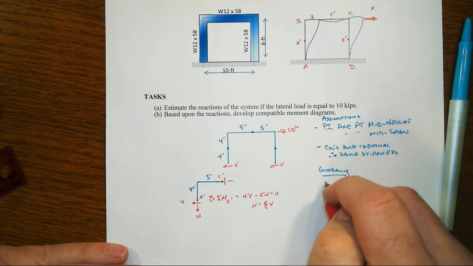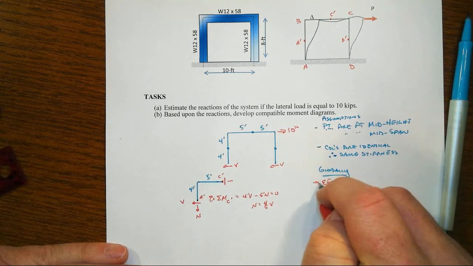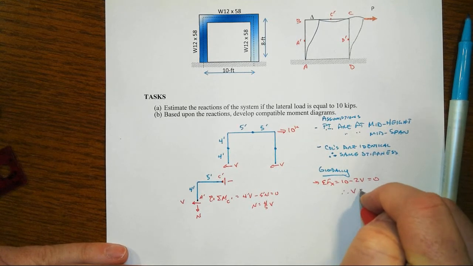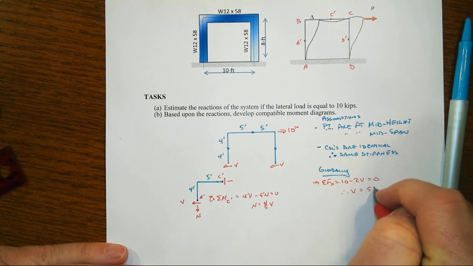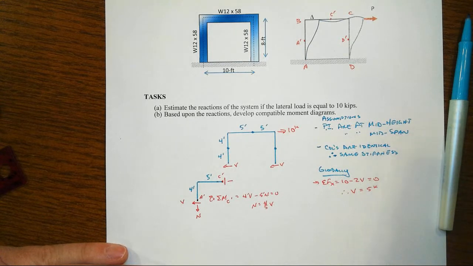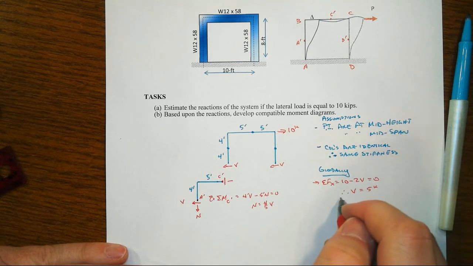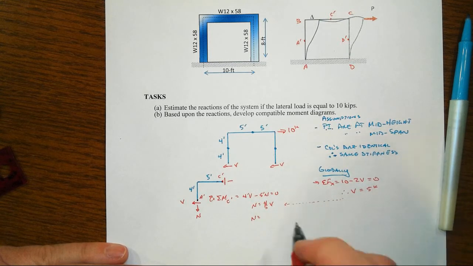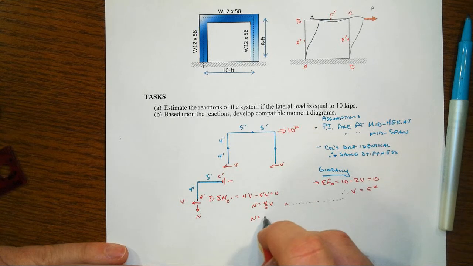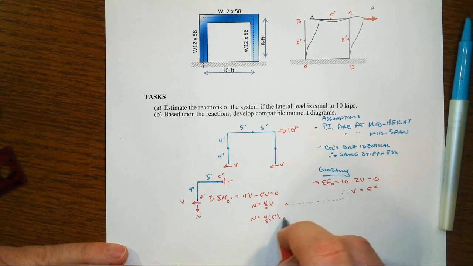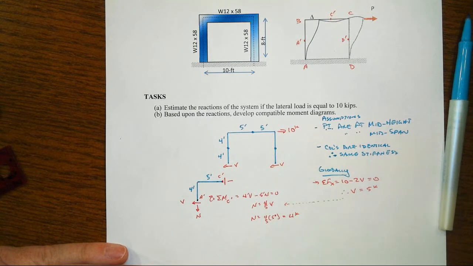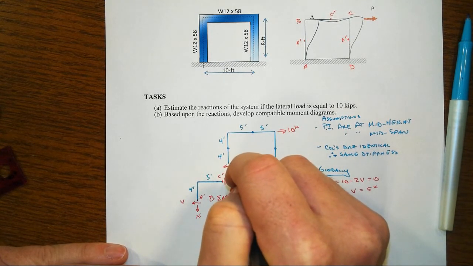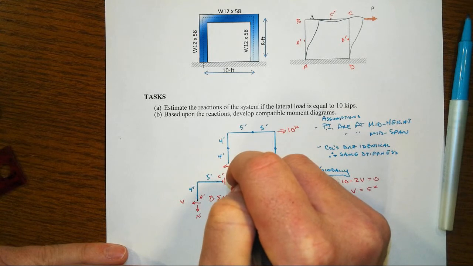we've got sum of forces in the x. We've got 10 minus 2V equals 0, so therefore V is equal to 10 over 2, or 5 kips. So if that's the case, we can now feed that back over here and get the axial force is equal to 4/5 of 5 kips, or of course 4 kips. So that tells us we've got a tensile effect over here on the left